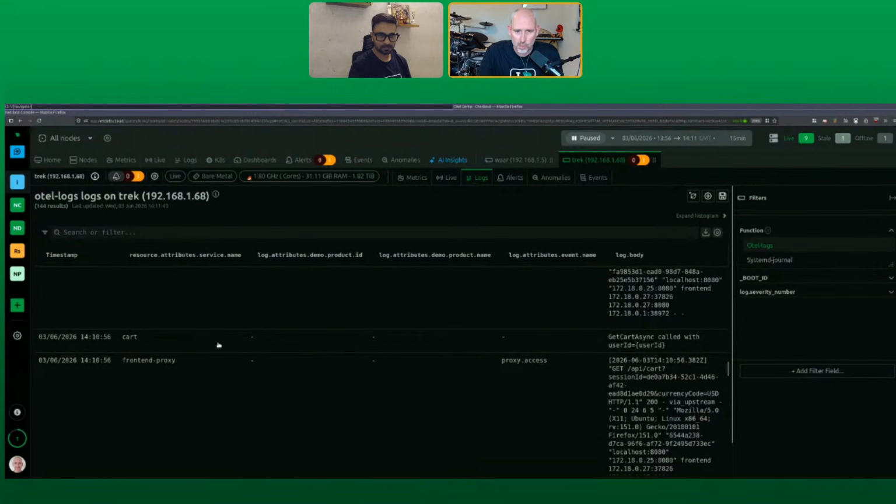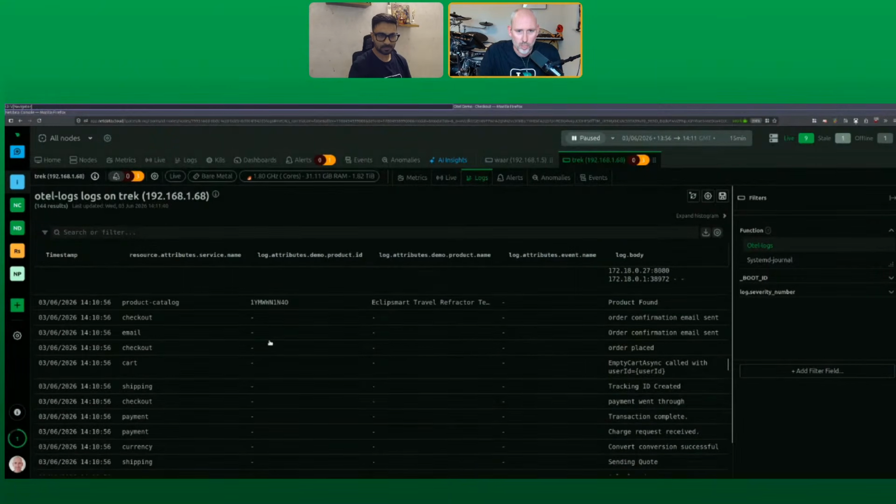There's a cart log message, but you can also see there was this Eclipse Smart Travel Refractor telescope that I bought, and you can see all of the steps. There's a checkout, there's email, and if I click on one of those items, for example, this one,